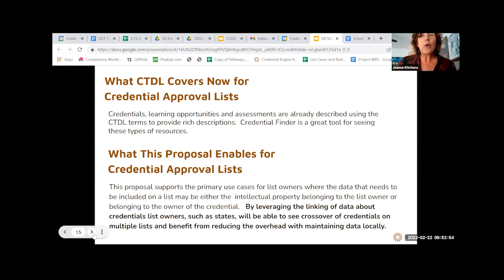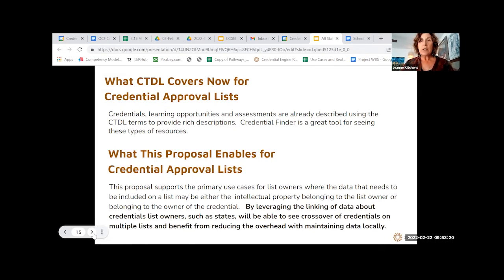And just to make sure everyone is aware, as we pointed out with Phil's presentation, we can already describe courses and learning programs and learning opportunities. Well, we can also describe all kinds of rich information about credentials and assessments as well. So many list owners are already doing that.